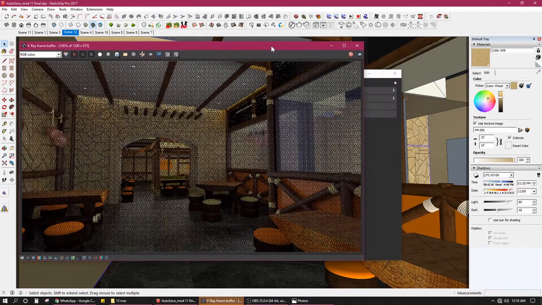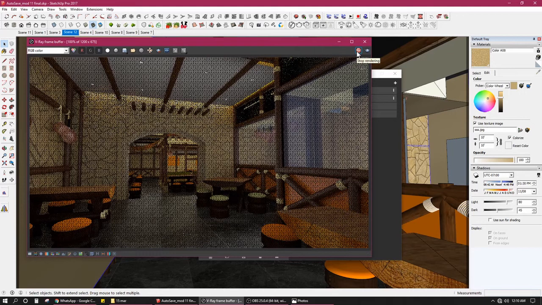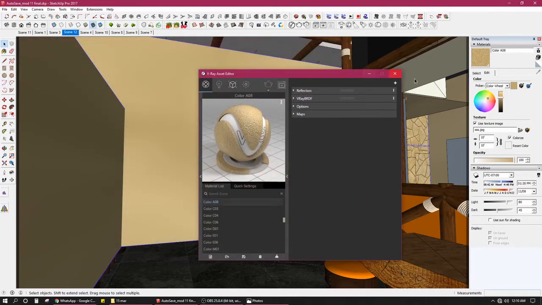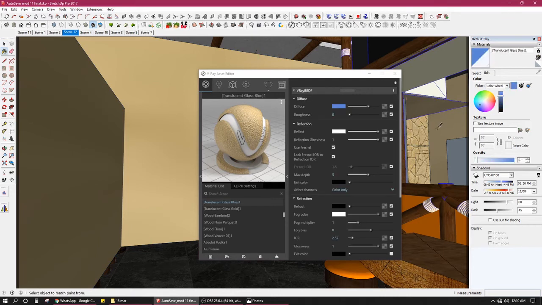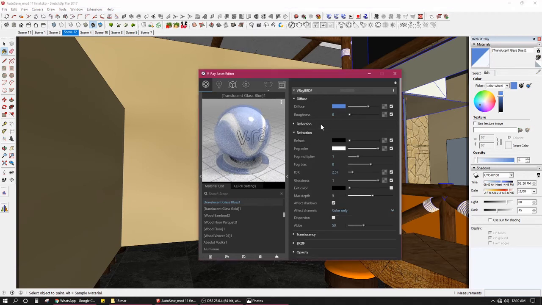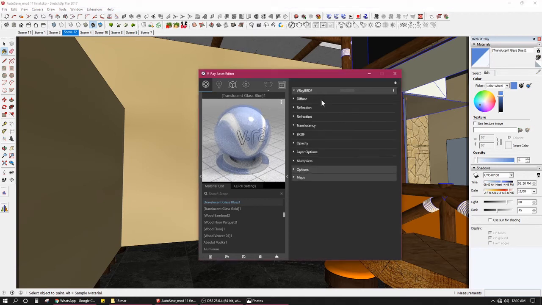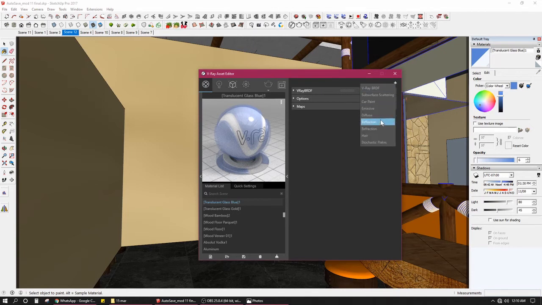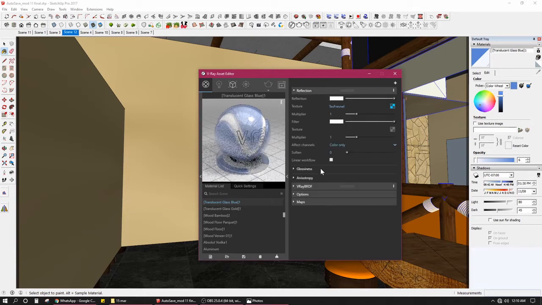Okay, so there's one thing that I am observing in these renders: the glass that I have is not as glossy as I would like it to be. So I will need to change that property of the glass. For that, I click on the brush tool, I click on the glass, and I go to the reflectivity layer that I had already set for this glass. Okay, it is not there, it looks like that. I will have to add a separate reflection layer to this.